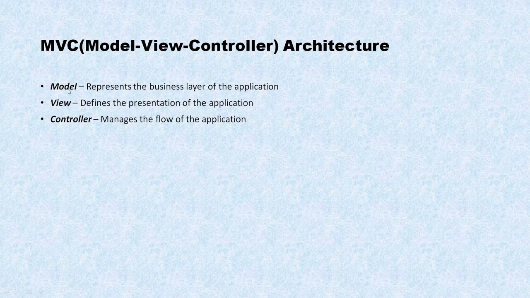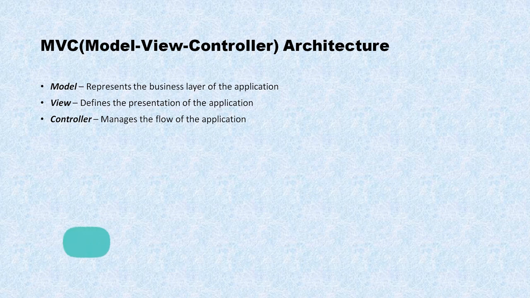The model is nothing but a combination of service, DAO plus POJO. View is nothing but that can be a JSP or that can be Angular. But in MVC here I have shown you JSP. Sorry, view is nothing but JSP. Controller you have already seen. We created one controller, a student controller, but it doesn't mean that you will always have only one controller. You can have n number of controllers.